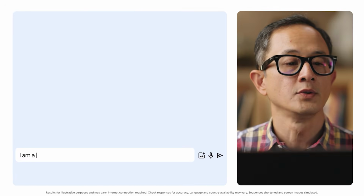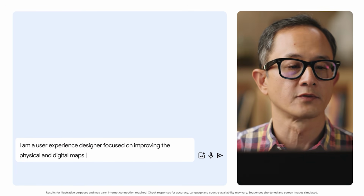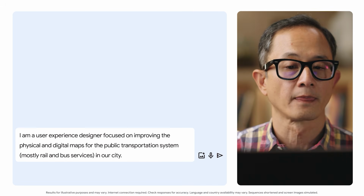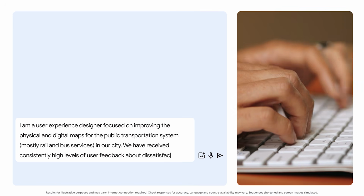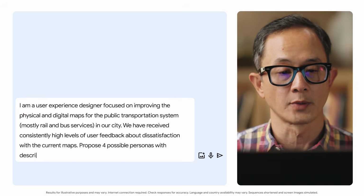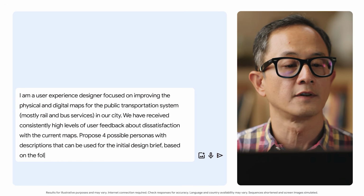I could write a prompt like this. I am a user experience designer focused on improving the physical and digital maps for the public transportation system, mostly rail and bus services in our city. We have received consistently high levels of user feedback about dissatisfaction with the current maps. Propose 4 possible personas with descriptions that can be used for the initial design brief based on the following summary